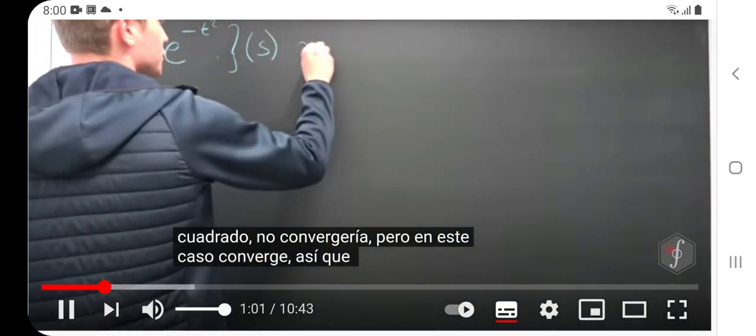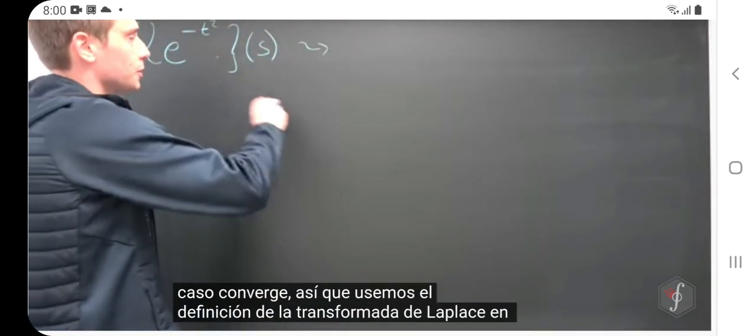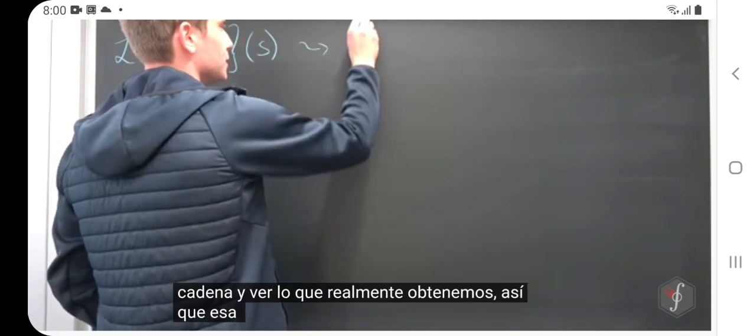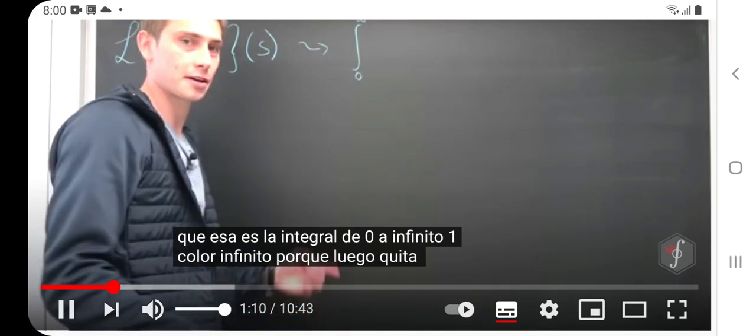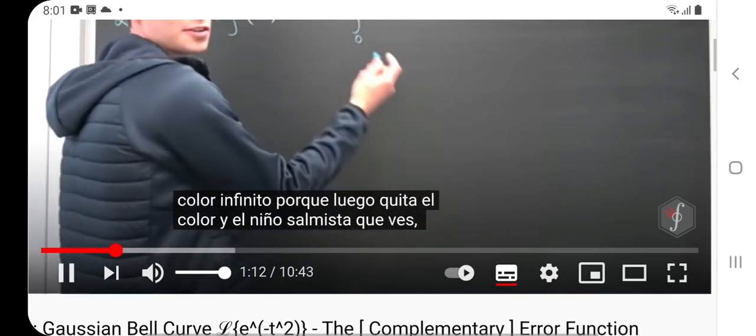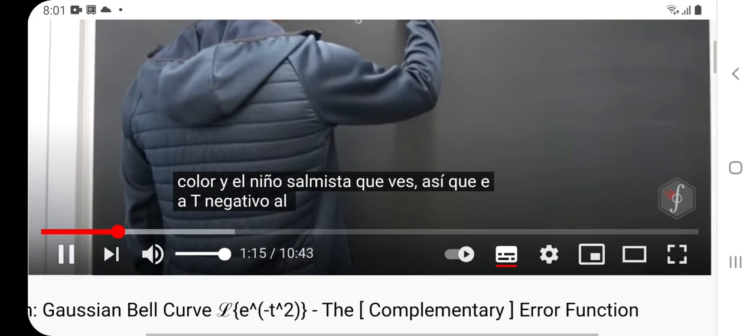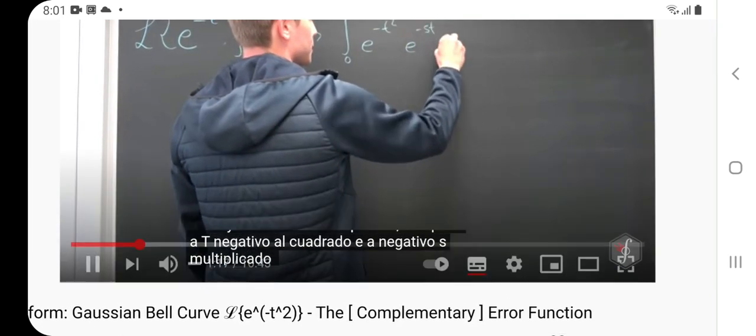So let's just use the definition of the Laplace transform on this thing and see what we actually get. So that's the integral from 0 to infinity, one infinity krill, because the integral is the krill and the sum is the boy, you see? So e to the negative t squared, e to the negative s times t,